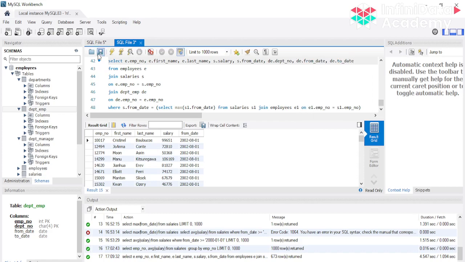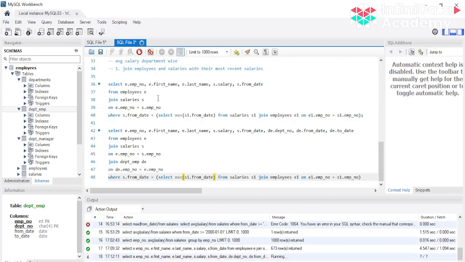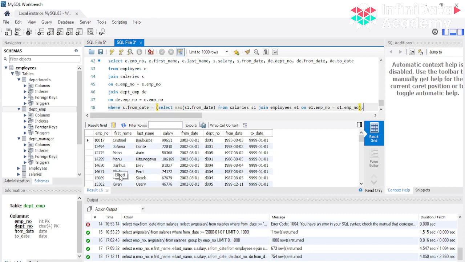Right, so we got all this detail, and let's run this query again. It's going to take a little bit of time to run. Okay, we got to see the final result. As you can see here, there are multiple people in different departments, where there are a total of 9 departments, and you can see the from and to date.